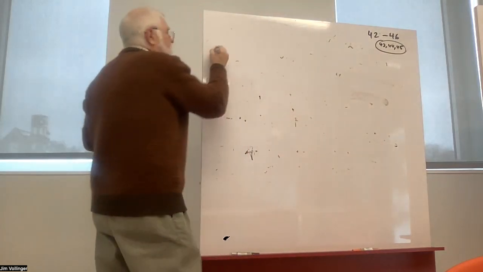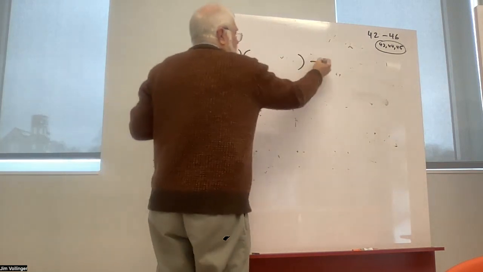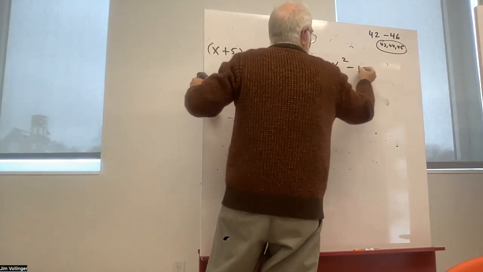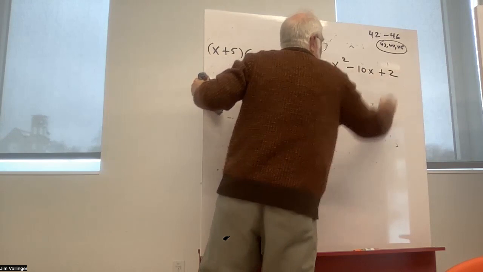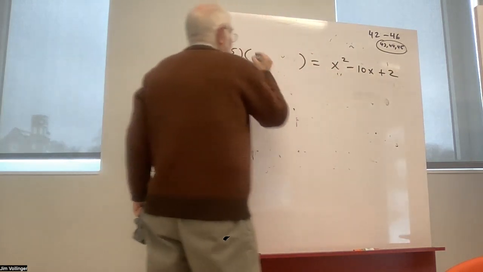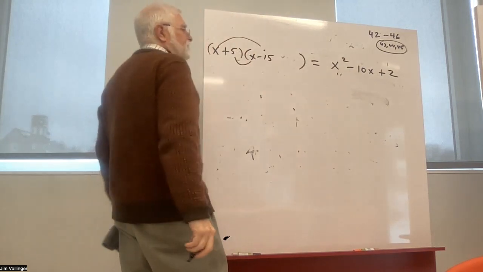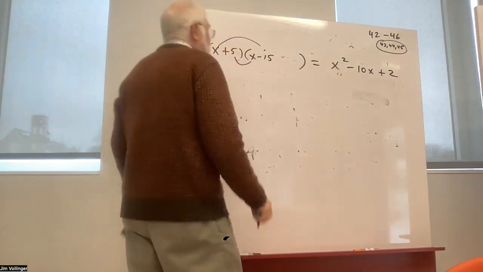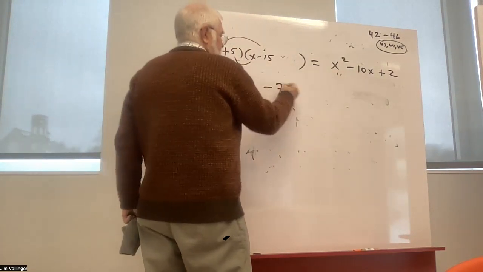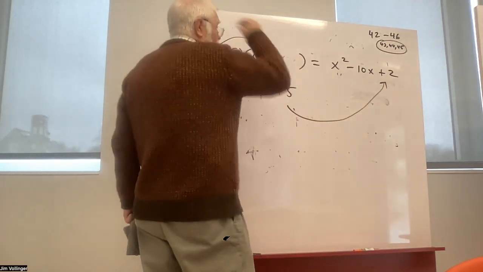All right. How about x plus 5 this time? Times what? Gets us x squared minus 10x. Yeah, what the heck? Minus 10x plus 2. Let's keep the addition easy. How do I get from 5 to minus 10? I think I got to go down 15. There's our 5x. There's our minus 15x. There's our minus 10x. Hope you can see x squared. 5 times minus 15 is minus 75. I got to get to 2. I think I got to go up 77